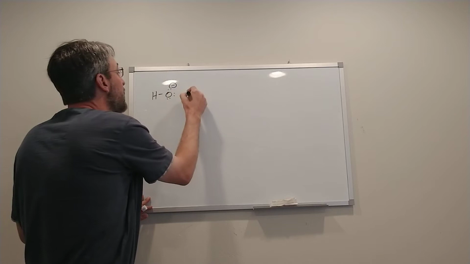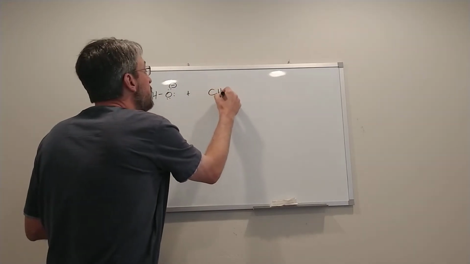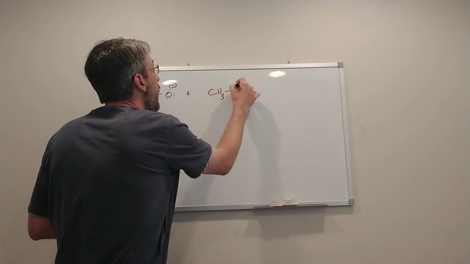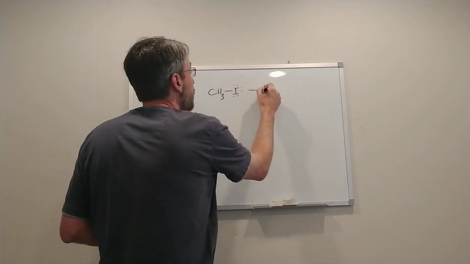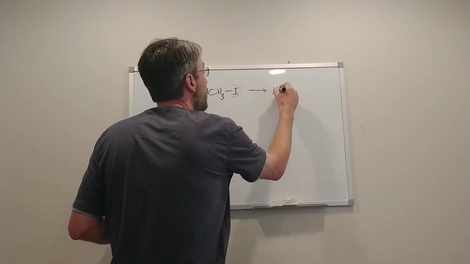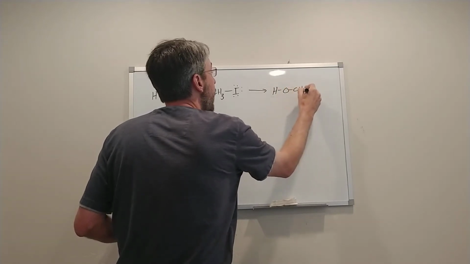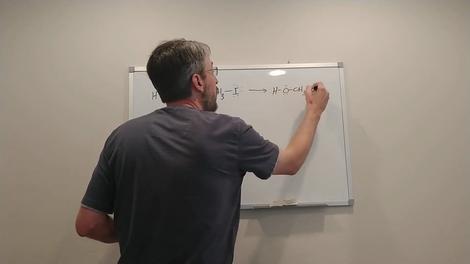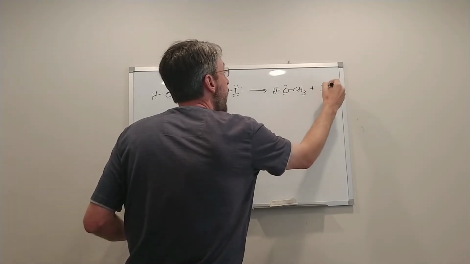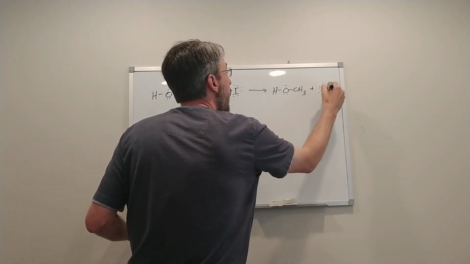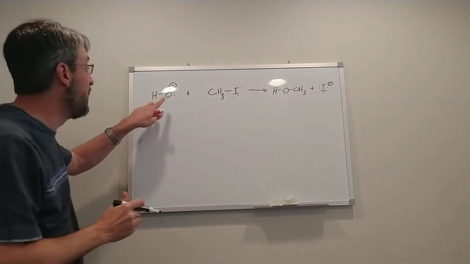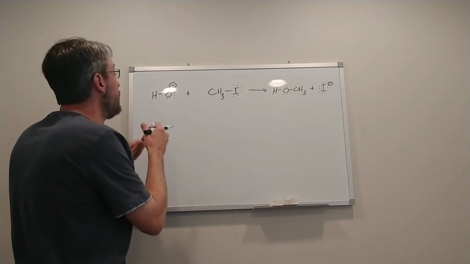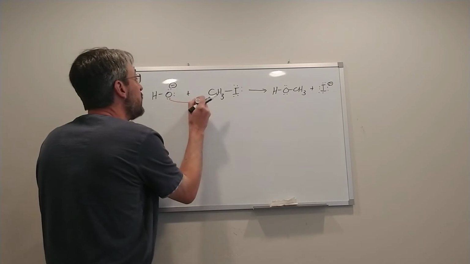again hydroxide, but now this time reacting with iodomethane or methyl iodide. Okay, and here we're going to have methanol and I minus. Okay, so once again, this has the electrons, so we are going to use those electrons to